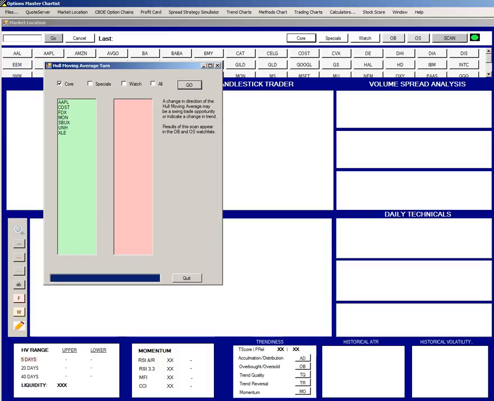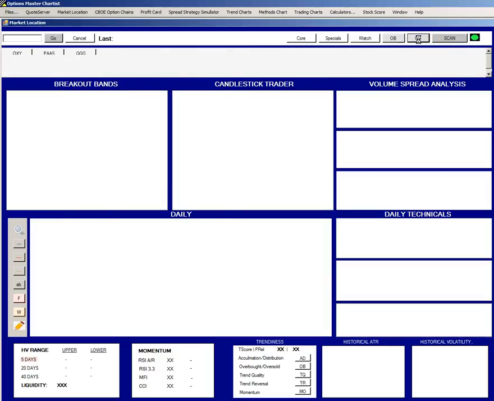Okay, the scan has finished, and we've come up with about 7 stocks that had a positive Hull moving average turn, so they're in the bullish list, and this scan didn't show any stocks in the bearish list. Now these results are placed in the OB and OS watch list. In this case we'll be looking in the OS watch list because it was a bullish scan. So this will pull up the 7 candidates that we want to look at for a potential long trade on